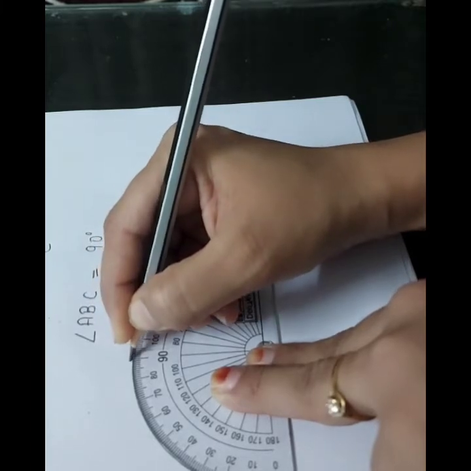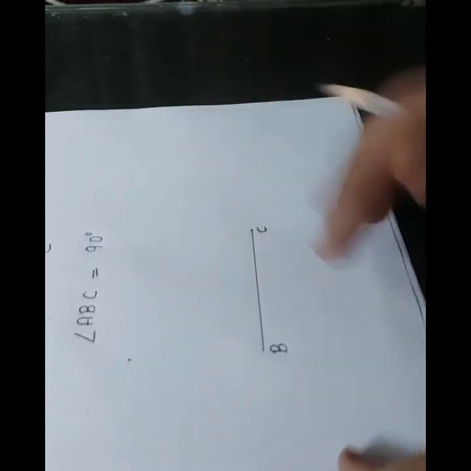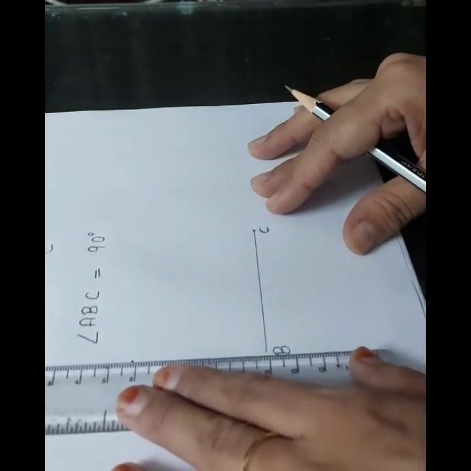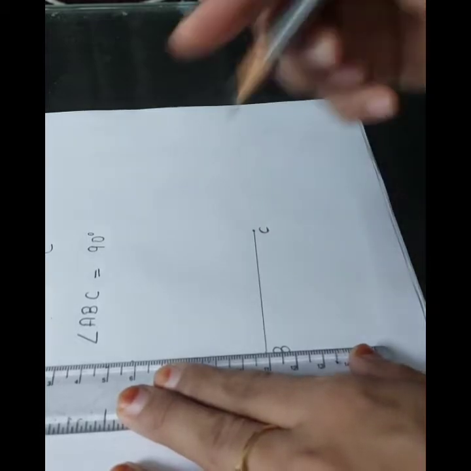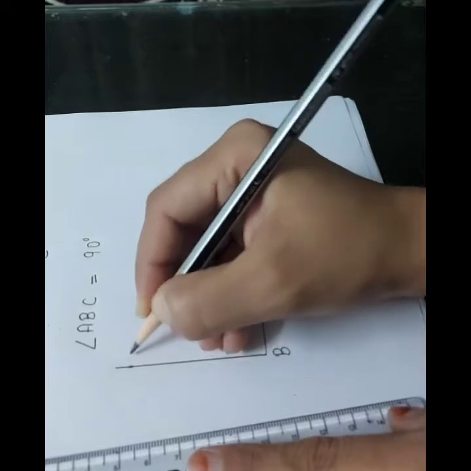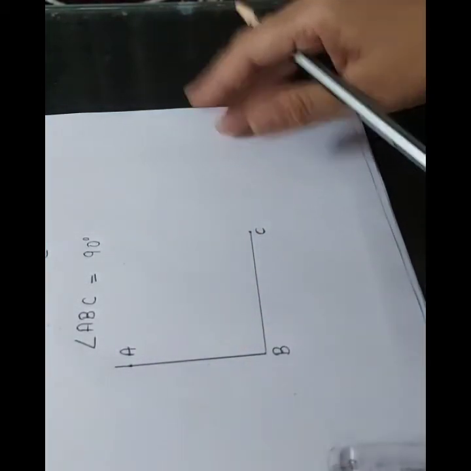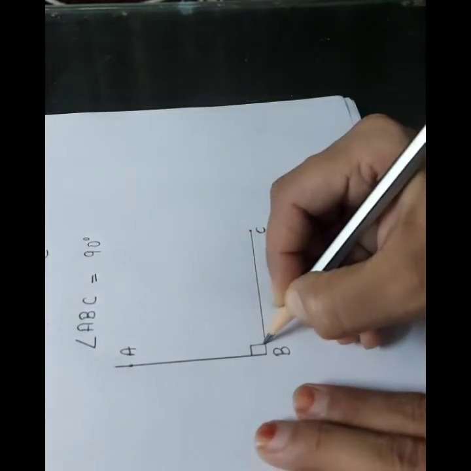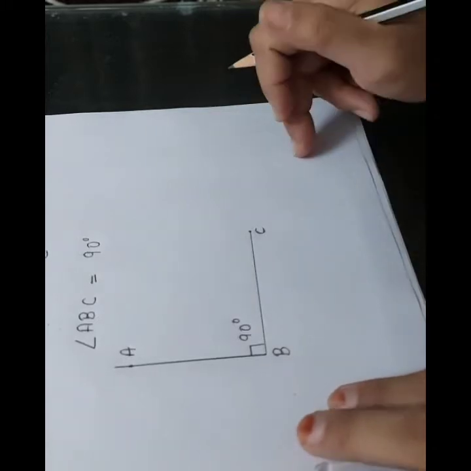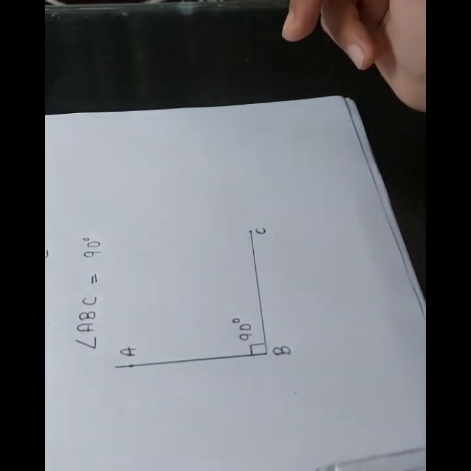So I am going to place a dot here. One arm was this of that angle, and another arm I'm going to construct. I'm going to join these two dots, right? So I have joined these two dots, and at the dot here I'm going to place a point A. So this one is my 90 degree angle. This is 90 degrees. So I have constructed one more angle which is 90 degrees.